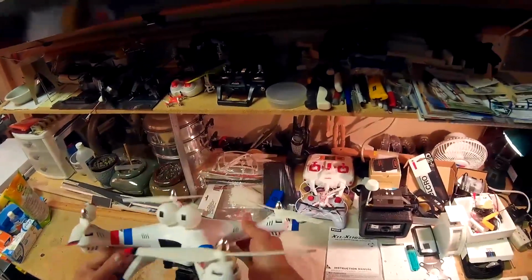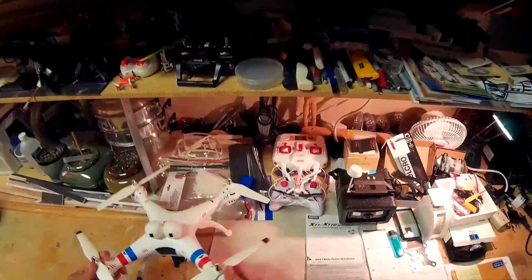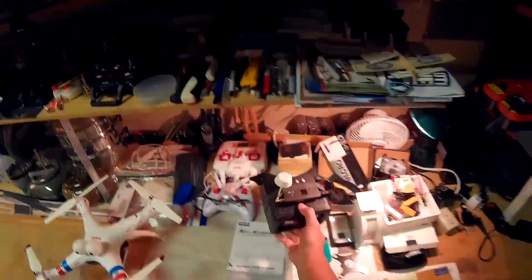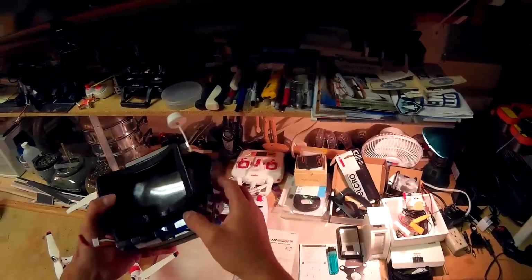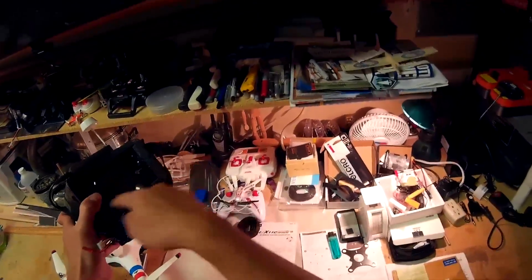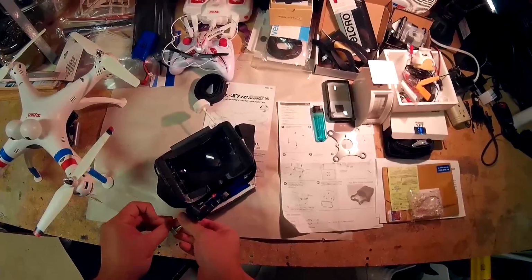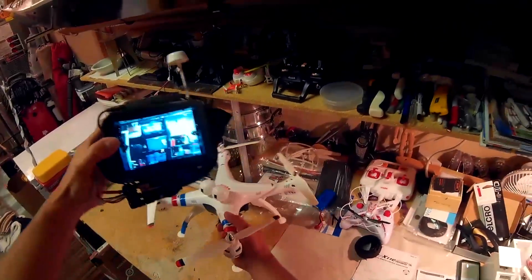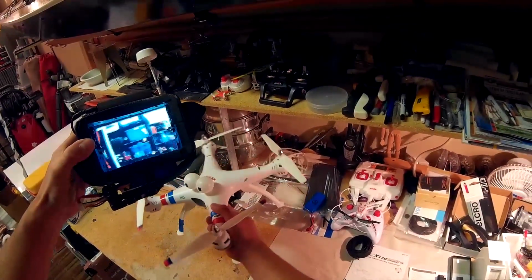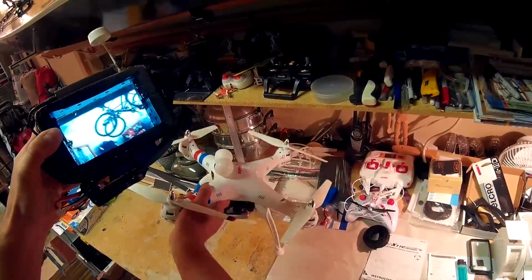But anyways, this is my first foray, I guess, into FPV flying, and I wanted to actually do it with goggles. Now this is the Quantum FPV kit that you get from HobbyKing with the big screen inside and a Fresnel lens, let me turn this on, to give you a more immersive and cheaper way of viewing stuff. So as you can see, maybe, that's what the screen looks like, kind of. It's my junky garage, some bikes,